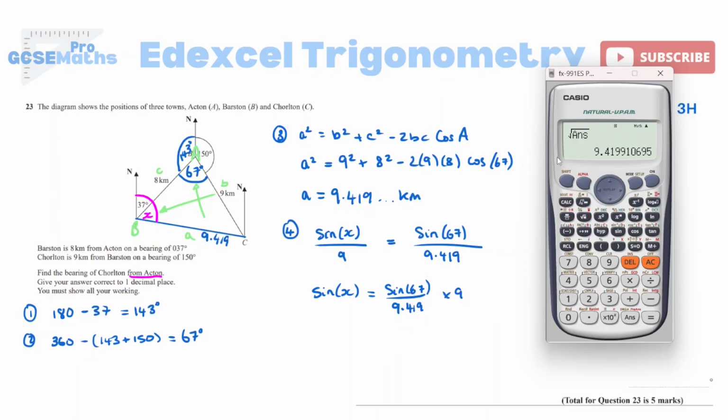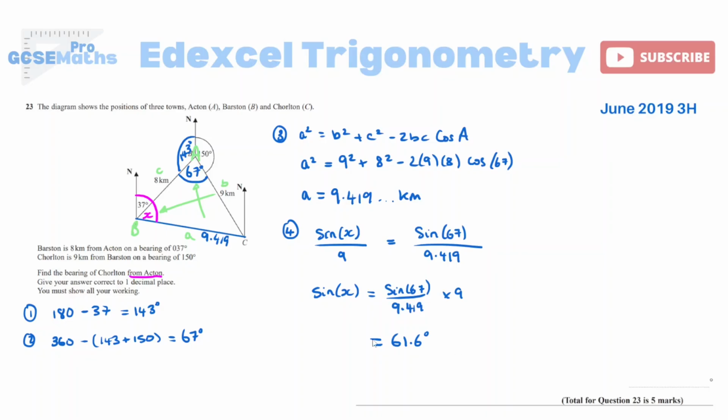So you see I've got my previous answer still there, so that's fine. I'm going to go straight into sin inverse and type all of this. Normal sin there because we do know the angle is 67. I'm going to put here the answer, so that will copy all of those digits. Times by 9, close the brackets. And you can see you get an answer that does seem like a reasonable angle. If you've got something less than 1, you probably haven't done the inverse correctly. So they've said 1 decimal place, so